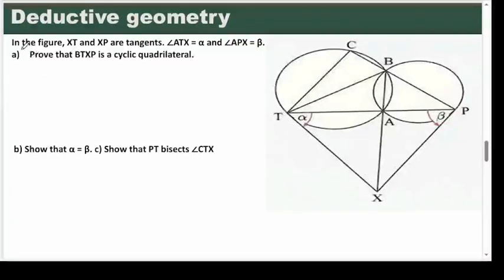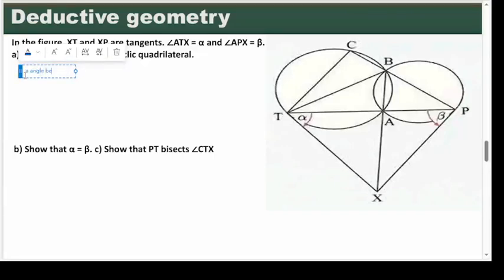Here, as it says in the figure, XP and TX are tangent. Angle ATX equals alpha and angle APX equals beta. Prove that BTXP is a cyclic quadrilateral. To prove it, first I use the theorem that says